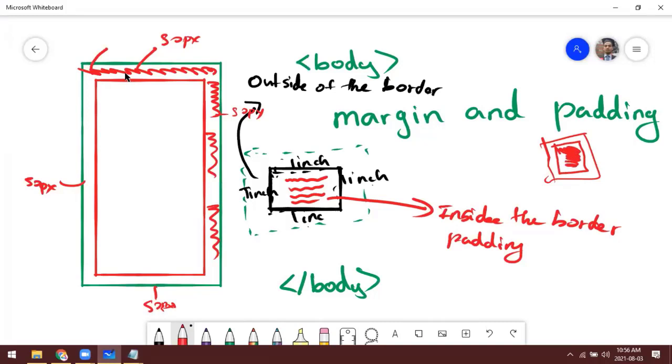Inside this only you can type. This space will be left blank. The same thing applies here. So that's the distinction between margin and padding. It is very, very useful when we work with web pages, right?